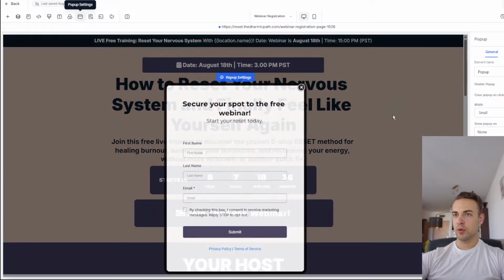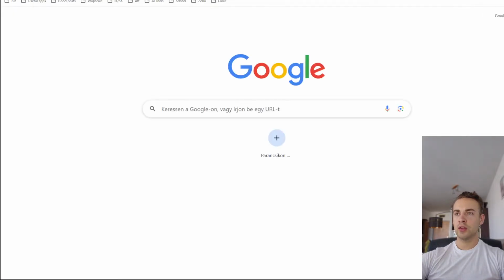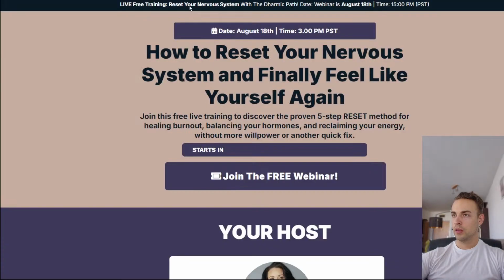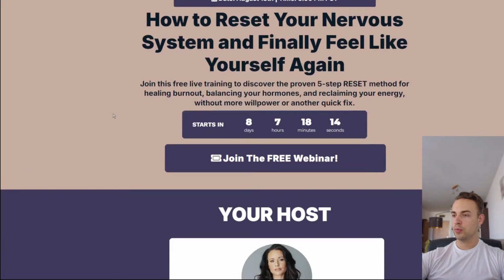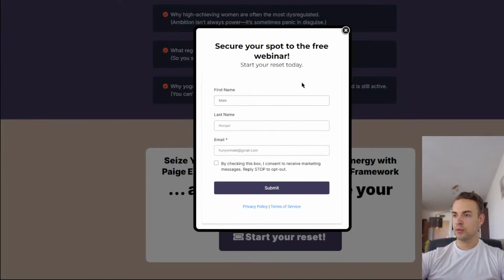Let's go back to the pop-up. And then we don't need to disable the pop-up, just make sure it's not showing up. So, okay, let's save again, publish, and then test the URL again, open a new tab. And now it shouldn't pop up automatically, only if we press the button. Okay,